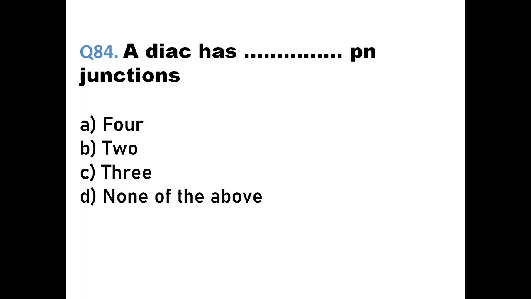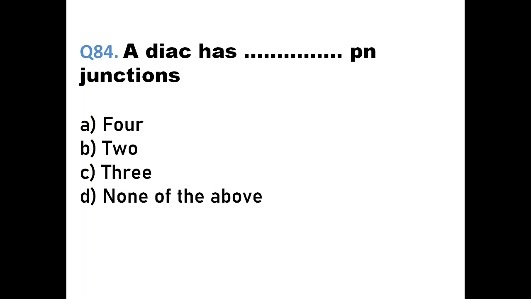Now this statement will be contrary to a statement if you study DIAC as a three layer device. DIAC is also available as three layer or four layer or five layer. So if you study it as a three layer device, where you can say that it acts as a transistor and it is having only three layers, PNP or NPN, in that case the answer will be 3. In that case the number of PN junctions will be 2, the layers will be 3.